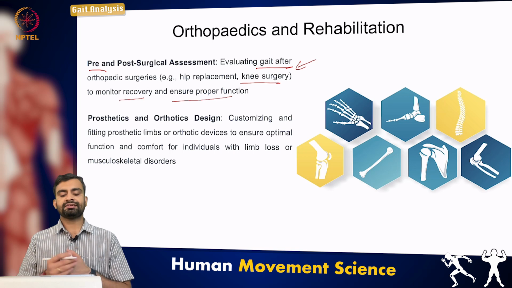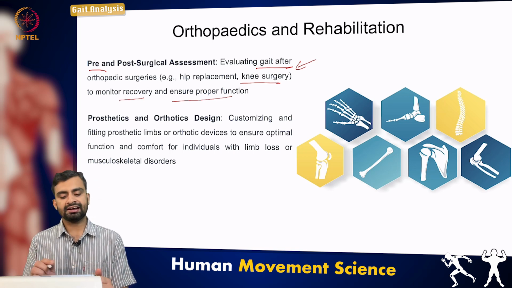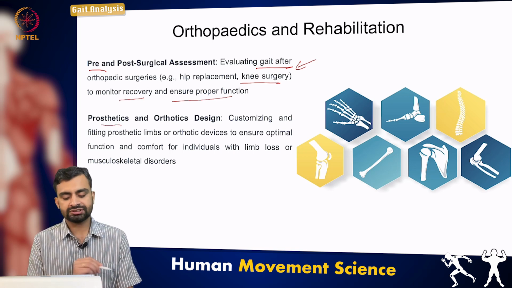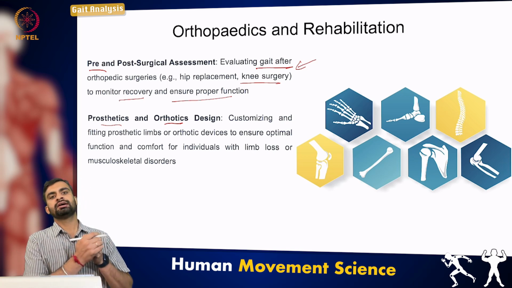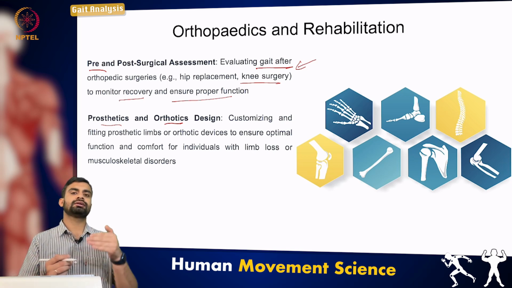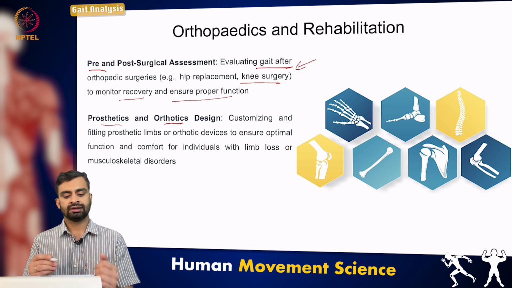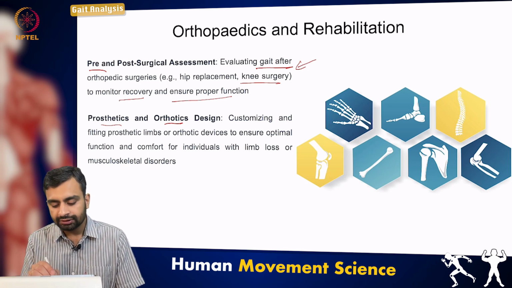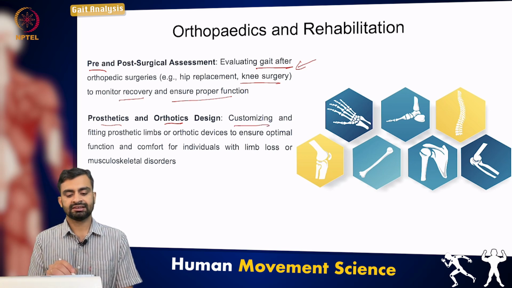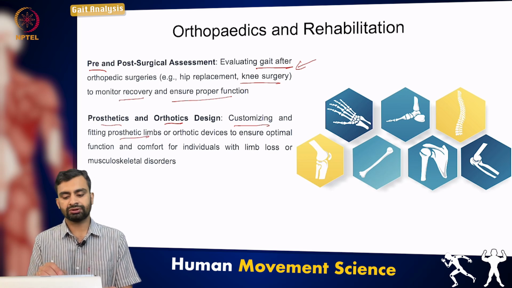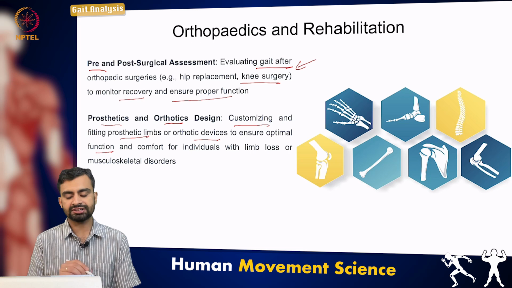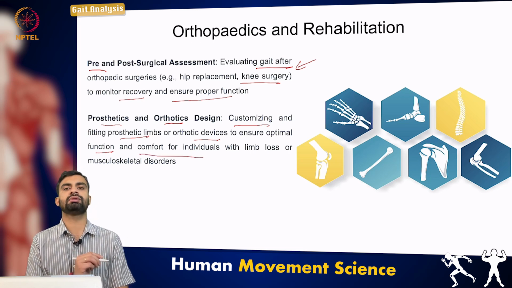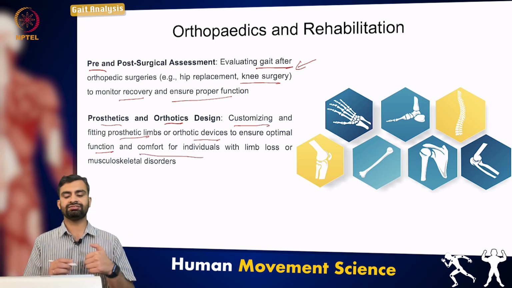In orthopedics and rehab, gait analysis is also being utilized in prosthetics and orthotic design. So with the knowledge of gait for a particular patient, it will be very helpful in designing customized prosthetic limbs or orthotic devices which will perform optimally in terms of function and are more comfortable compared to the on-the-shelf orthotics